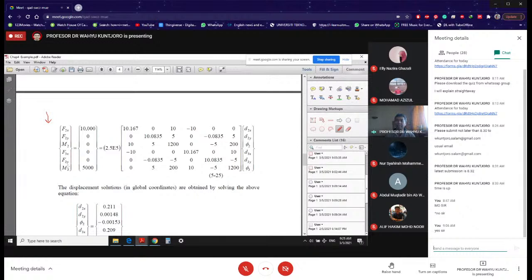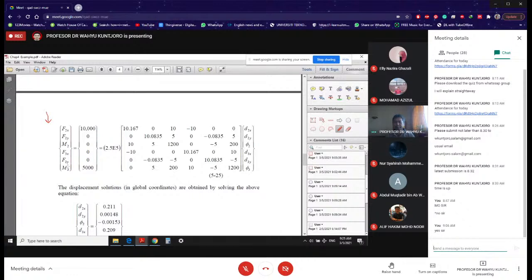The reason is, of course, we have those as support and they cannot move. Then d1x, d1y, rotation 1, d4x, d4y, and rotation 4, they're gone from the original equation, and we end up here with a structural equation